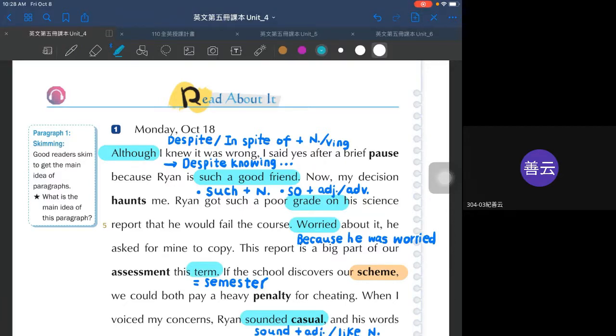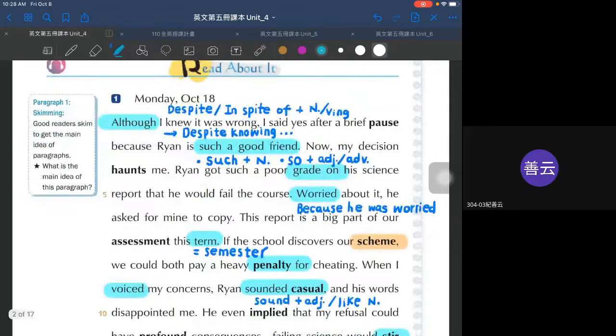All right, so the word semester. So if the school discovers our scheme, we could both pay a heavy penalty for cheating. So here you can also underline the phrase a penalty for something. So there will be a kind of punishment or penalty for cheating. So when I voiced my concern, here we use voice as a verb, which means when I speak out or when I say it. Okay, so voice here is used as a verb. So when I speak out my concern or when I say my concerns,